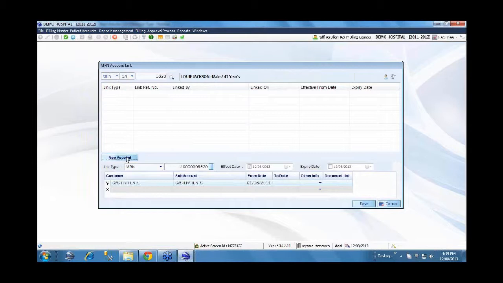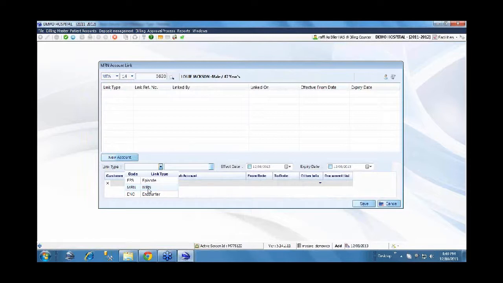By default, it will pick and show as cash patient. You need not do this for all patients who will be paying by cash. By default, the system will assume that the patient is a cash patient only. Only if the patient has specific sponsors, say insurance or corporate, that's when we need to link the patient. So I will specify the link type as MRN.